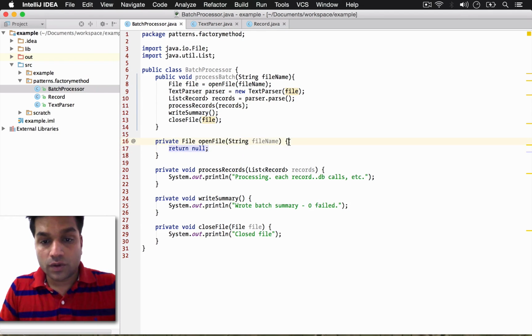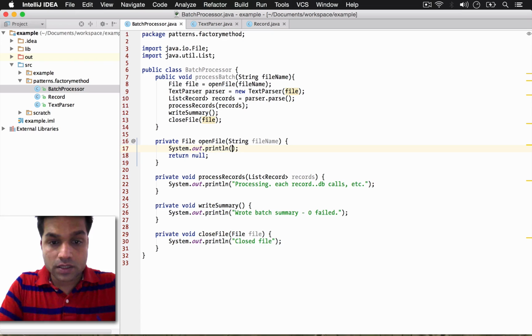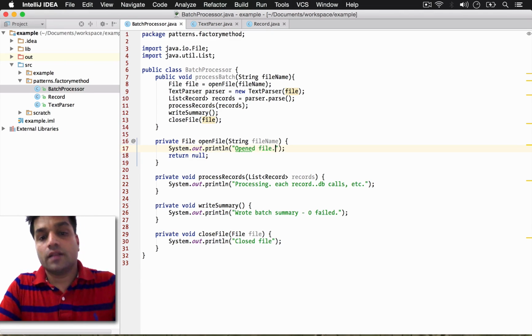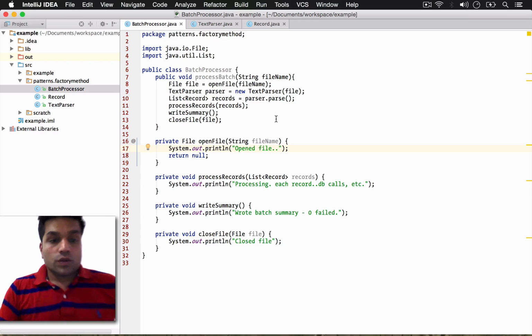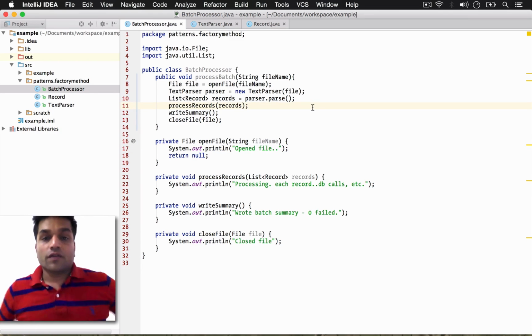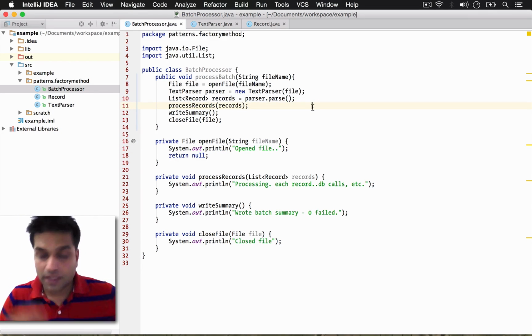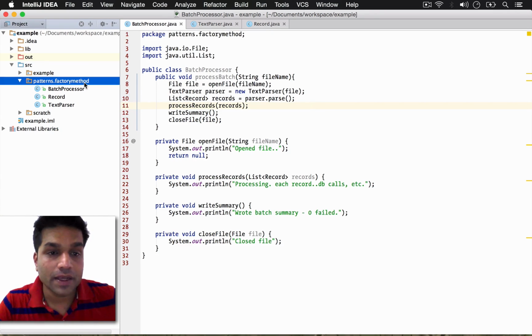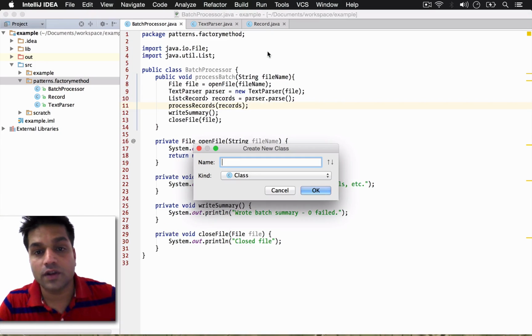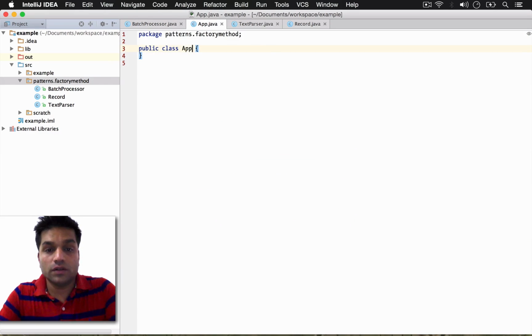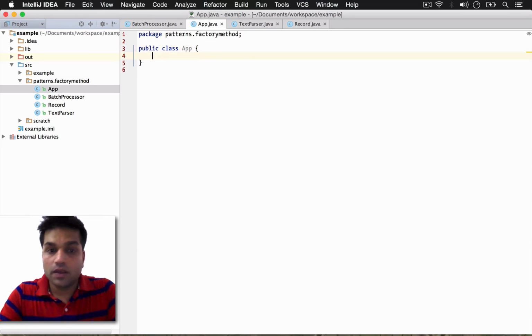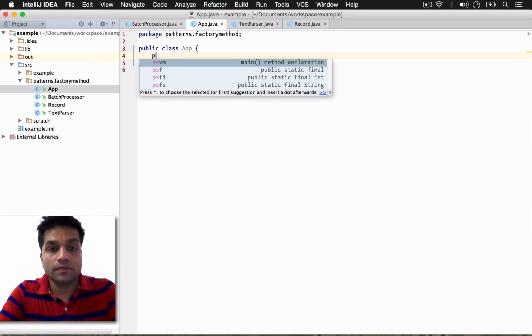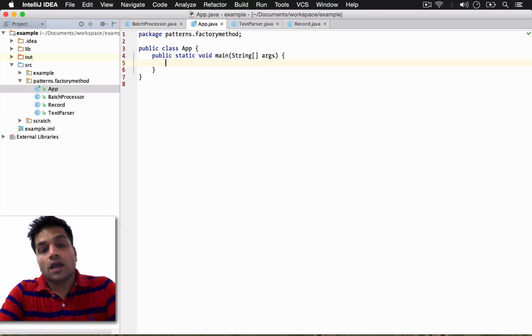So here also I don't really care about the implementation. Let's just say opened file. So the batch processor library or the framework is ready, and we tested it out and everything is working fine. So we create a final application that can be run from command line, for example, and give it out to the client. Say app, which is a public static void main, takes command line arguments,